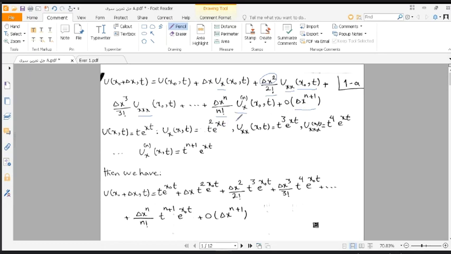Please pay attention to this expression. When we write O of delta x power n plus 1,